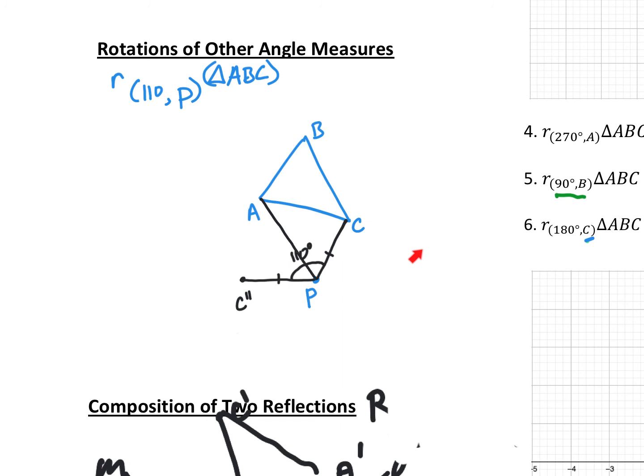Then I would use a protractor, and I would draw that angle, which would also have to be 110 degrees, and also the same length as AP, right? These don't have to be the same length, but A has to be the same distance from P as A double prime. Okay, and if I connect these two, connect it with a different color,